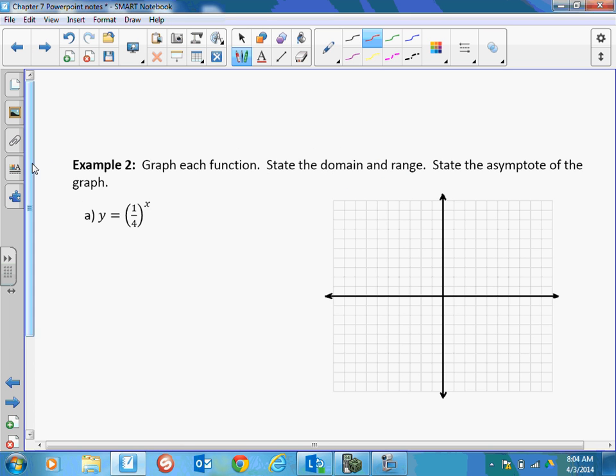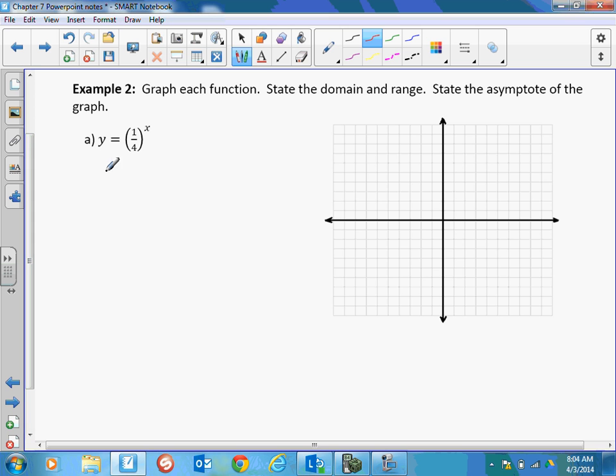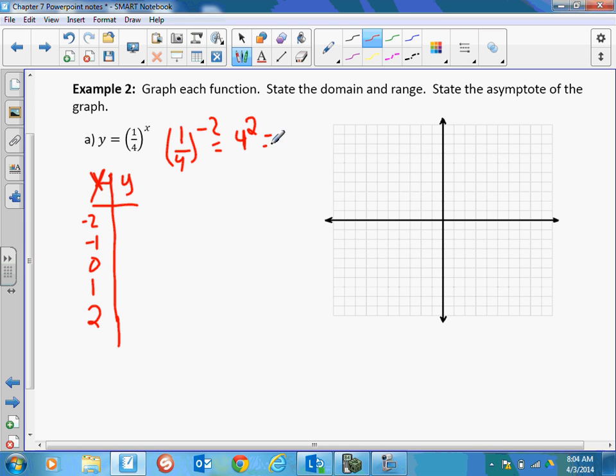So let's graph this real quick. Okay. You can do this with the graphing calculator, or you could do it just in your head, whatever's easiest for you. Okay, so you have 1/4 to the -2. Remember, what a negative exponent does is it flips it. So 1/4 to the -2 would actually be, you flip it upside down, 4/1, or just 4 squared to make it positive, which is 16. So you can put that in your calculator, check. So -2, 16,